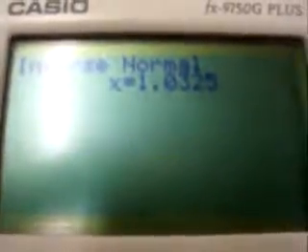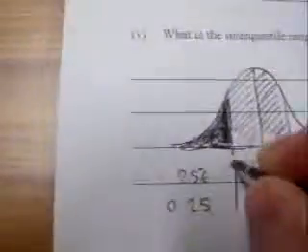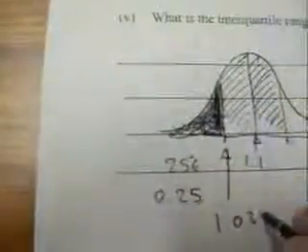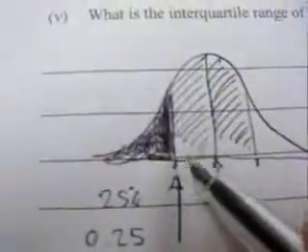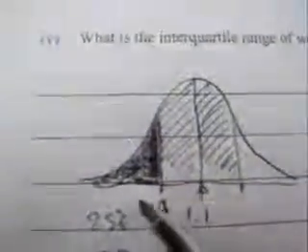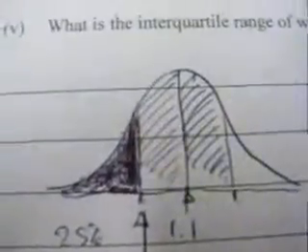Okay, so we've got the three things that we need: the area, the standard deviation, and the mean. Press EXE here again to get the answer, and that is the answer, 1.0325. Okay, so we found our lower boundary there. That's the lower quartile there. Now we need to know the upper quartile. Well, the upper quartile is going to have to be entered into the calculator as